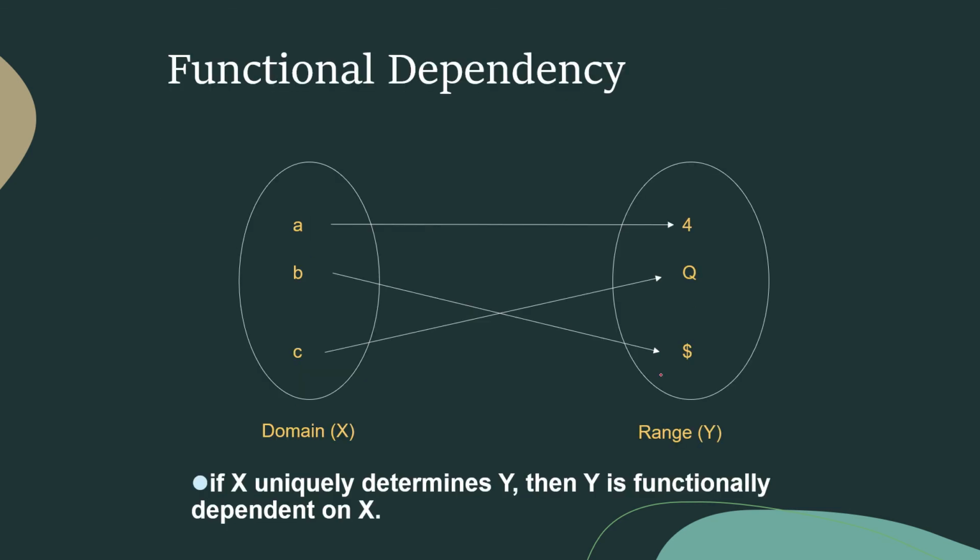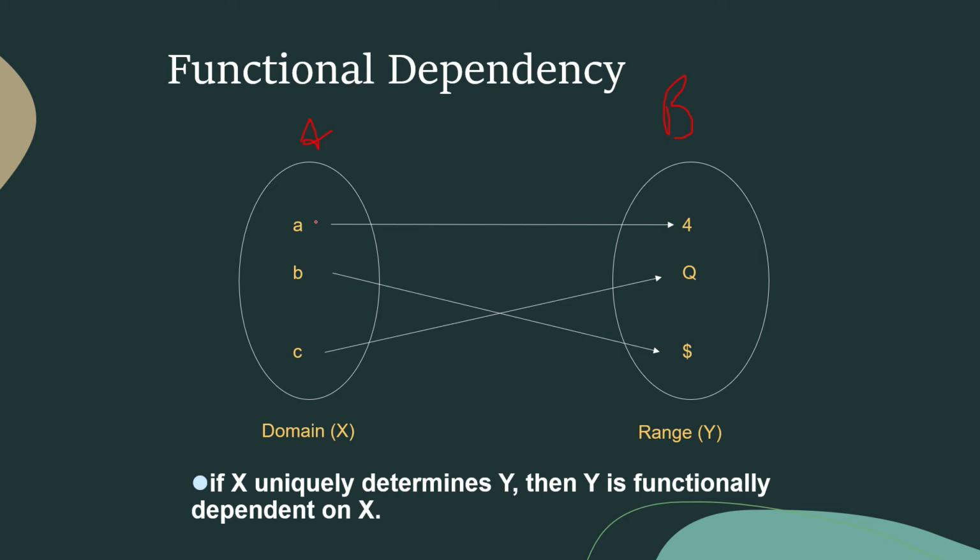This is an example of functional dependency. Suppose we have a table, a relation, which contains these attributes A and B. Let A and B be two attributes of that table. Suppose this set gives the domain values of A, that is, the set of possible values for attribute A, and this gives the set of possible values for attribute B. Functional dependency means that if you know the value of a particular attribute, you can uniquely identify the value of the other attribute.